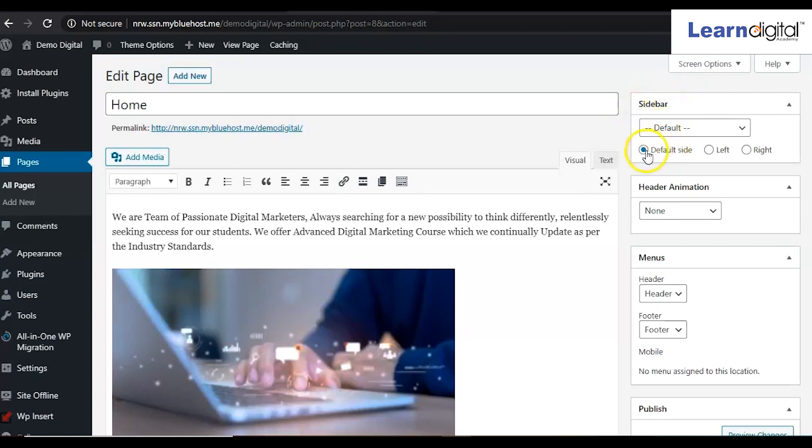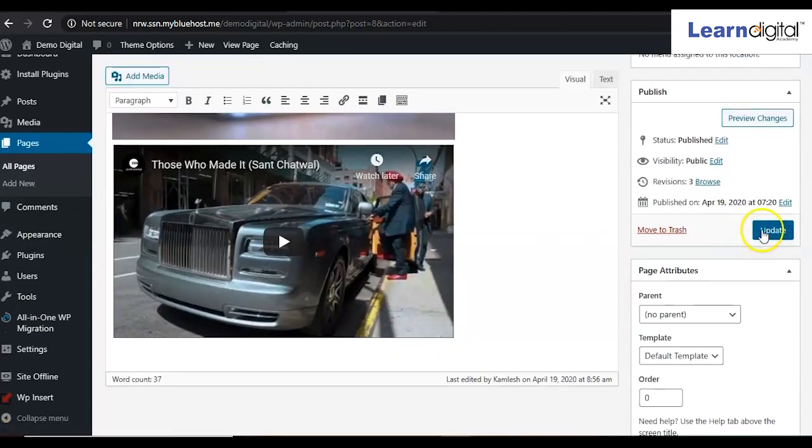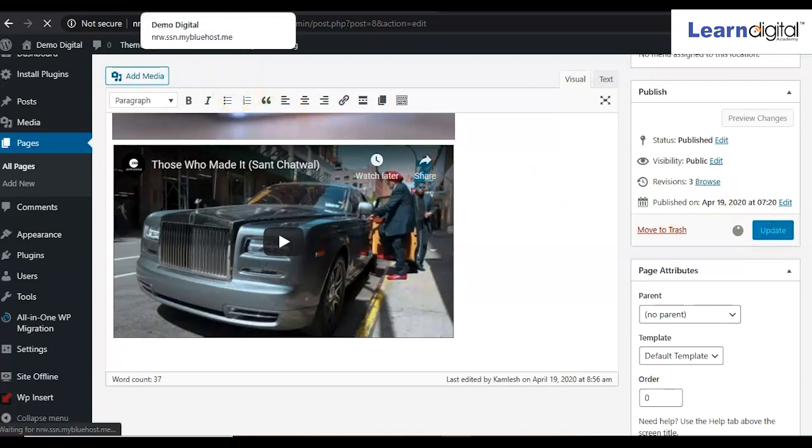By default it is taking default, that means on the left side. So simply you can select whether you want to show it left or right. If you select left, that sidebar will come on the left side. And if you don't want to show that sidebar, click on no sidebar, right? Then click on update. As soon as you update, the sidebar will be removed from your home page.